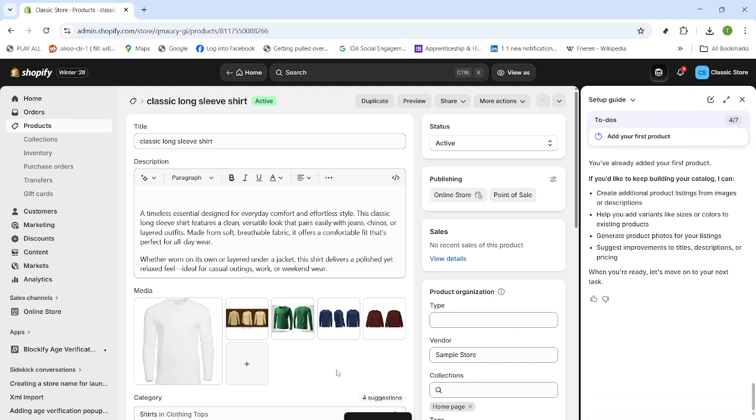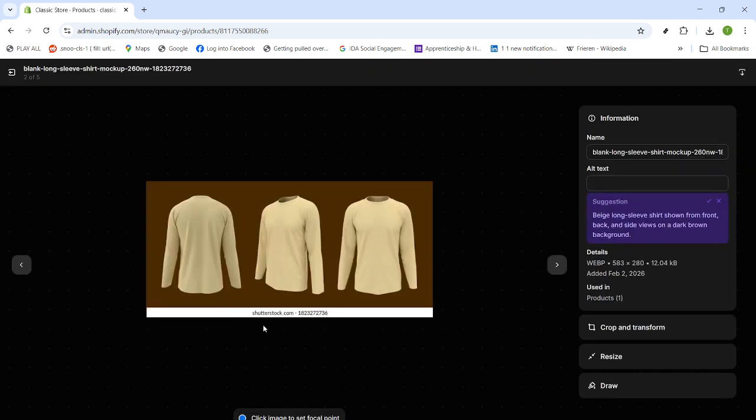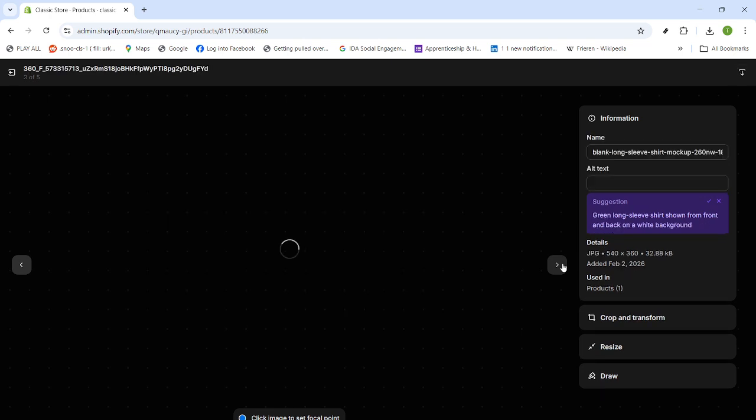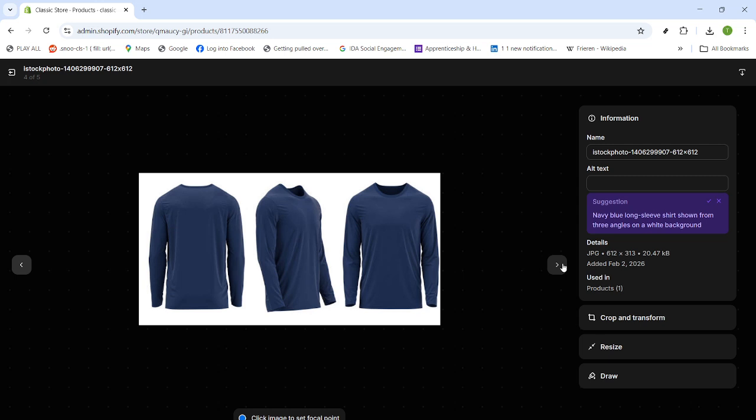A few quick tips as you work. Keep file names clean and descriptive so they're easy to recognize later. Use widely supported formats like PDF for documents and JPEG or PNG for images, and keep file sizes reasonable to ensure faster loading for your customers. If your brand voice is important, adjust the link text to match your tone. That's it. Your file is now uploaded and connected